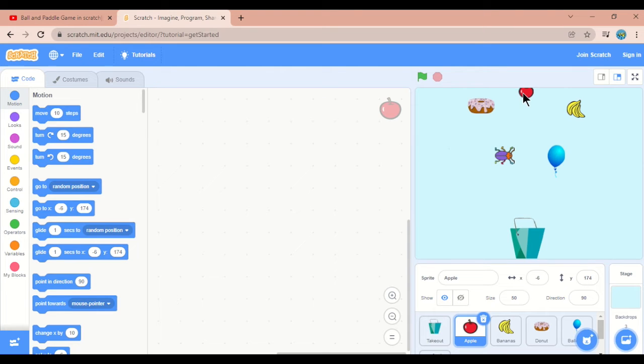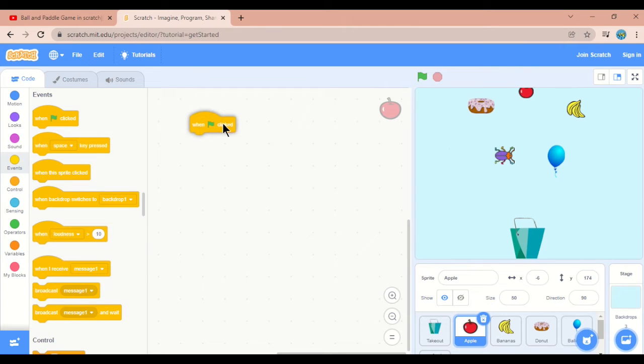When the flag is clicked, the apple will move down. That means it is changing its y direction. In y direction, to move up it should be a plus value, and to move downwards it should be a minus value. So we can start coding this.